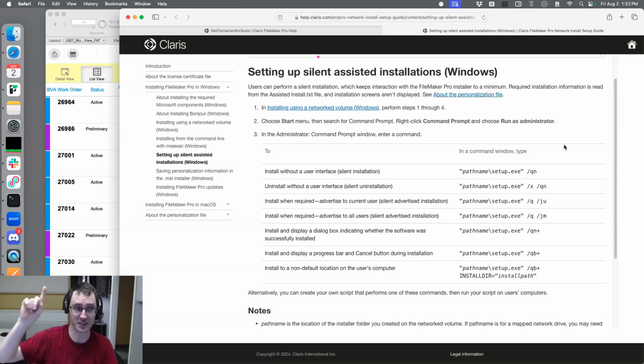This is a Claris statement. I'm repeating a Claris statement. I'm not committing to this. Theoretically, the last patch of 16 forward is upgradable all the way to 21. I would not do that. I don't think the operating system supports it anyway, so just to put that out there. But theoretically,